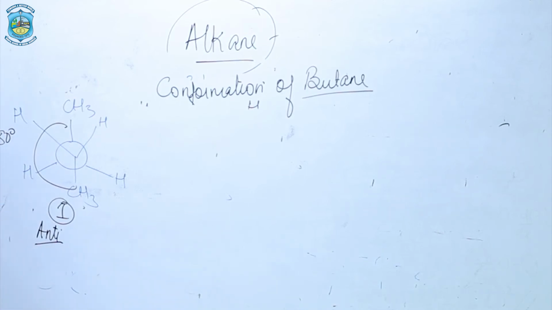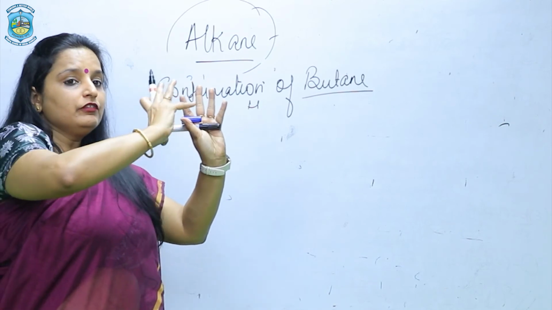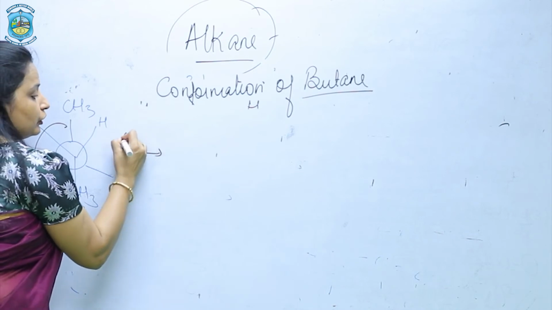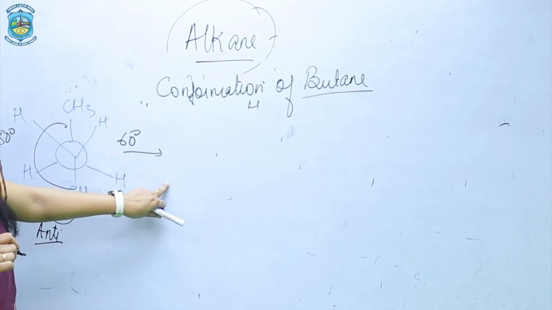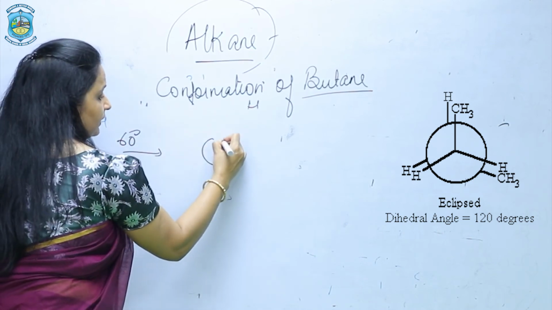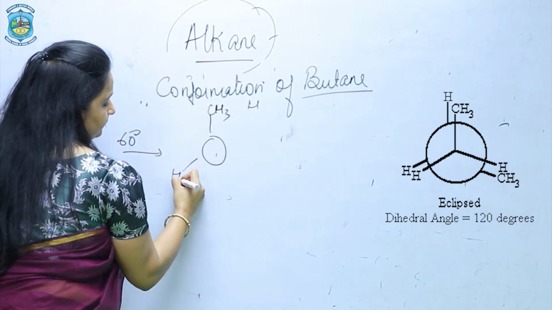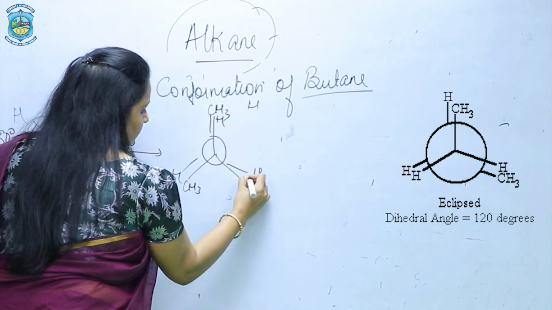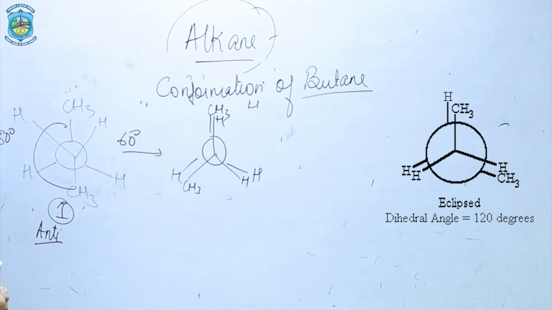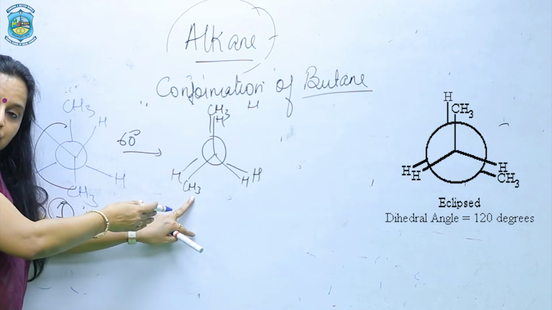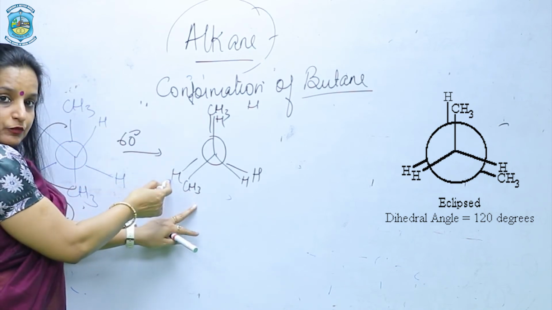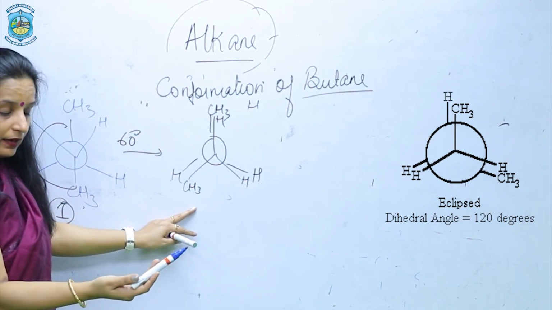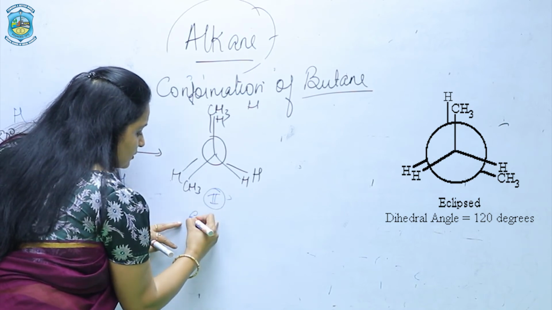Okay. Now, what do we do in conformations? We fix one carbon and we rotate the other one, and the dihedral angle is 60 degrees. So, now rotating it by 60 degrees, what will I get? Keeping the back fixed, the front carbon is now in the eclipsed position with the back carbon. CH3 is eclipsed with a CH bond. Here the CH3 of the back carbon is eclipsed with the CH bond of the front carbon. So, I will number it 2 and it is called the eclipsed